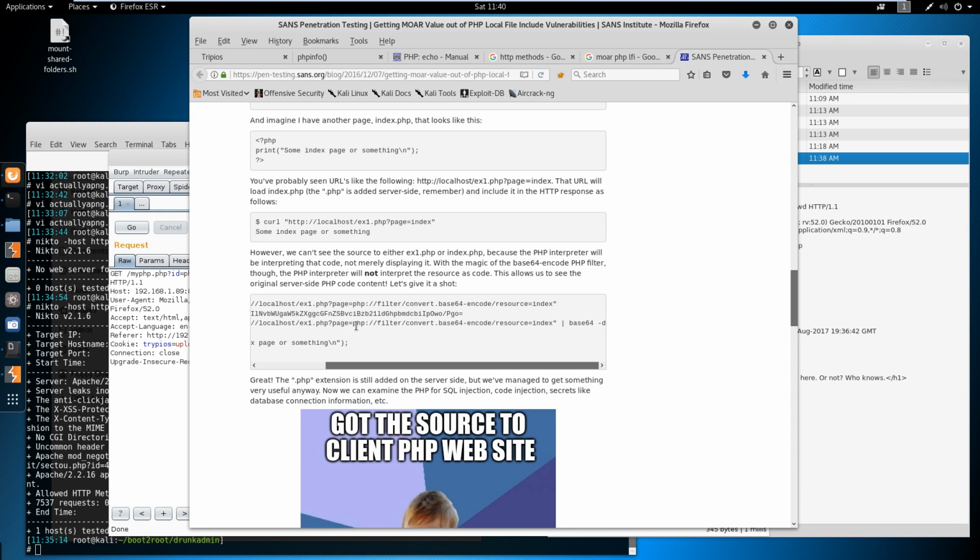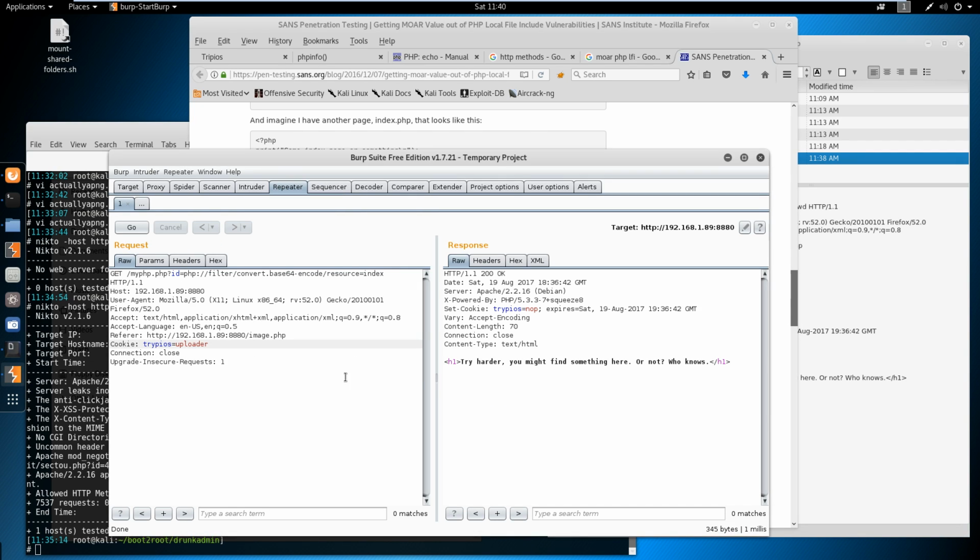It's saying, I want you to include, this is a local file include vulnerability, just like maybe what we have. I want to include this PHP functionality to convert everything to base64 so it doesn't get rendered by my browser, and I want to include the resource index, or whatever we want. The reason I think this might work, and I could just hit go and see if it works,